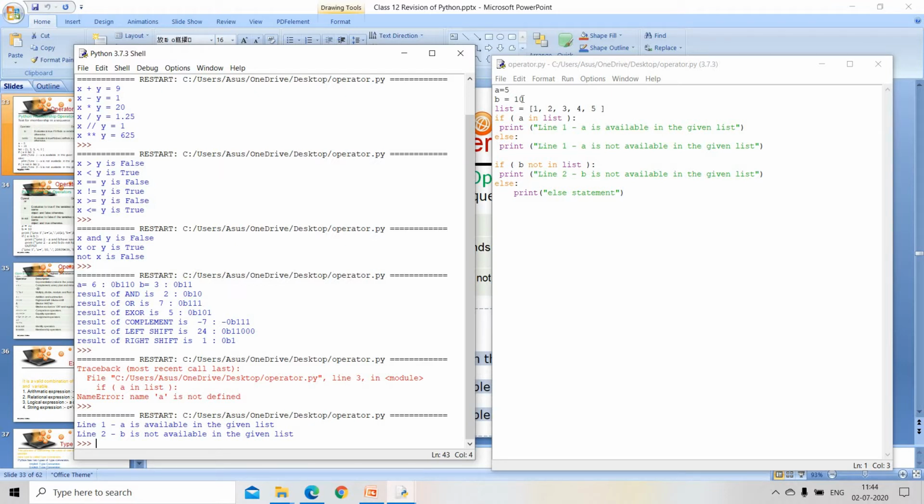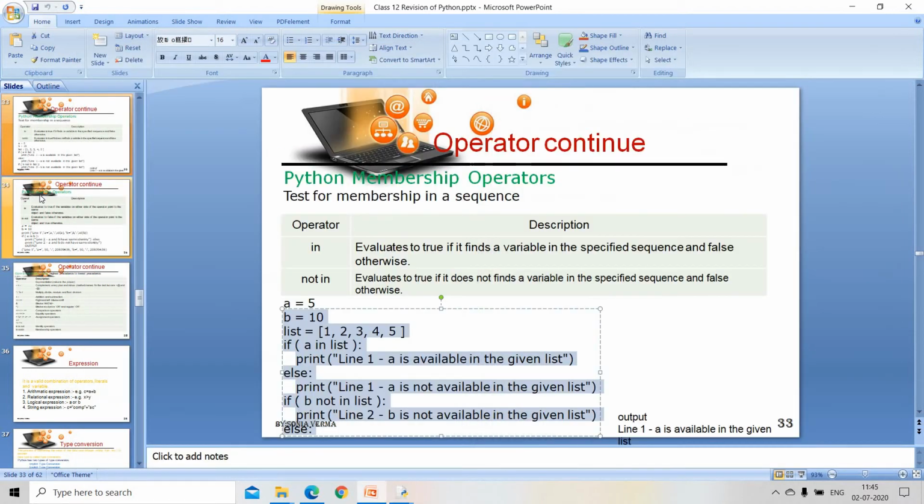Next is B is equals to 10. B is not in the list. Yeah, B is not in the list. So the first statement will print B is not available in the list. So these are your operators, in operator and not in operator. Fine. Next we will move back to the next operator, which is